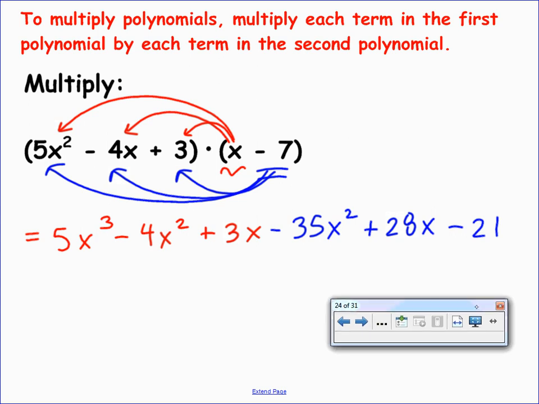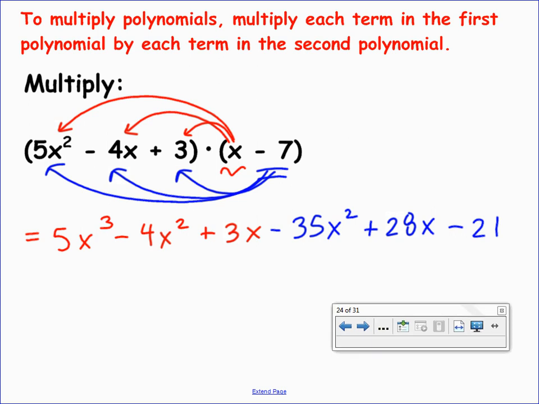Negative 35x squared and negative 4x squared. Yes, negative 35x squared and negative 4x squared. That will combine to give me a negative 39x squared. But I'm leaving room, because in standard form I want my highest exponent term first. I want that 5x cubed, the cubing term, first, and it doesn't have any way to combine. And so my 5x cubed will come first, then my minus 39x squared, and then another pair